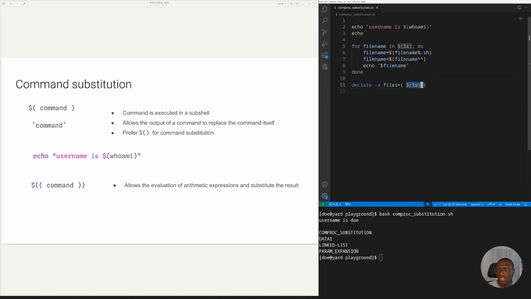So this would be replaced with the list of variables and would declare our files array, and we can print all the files